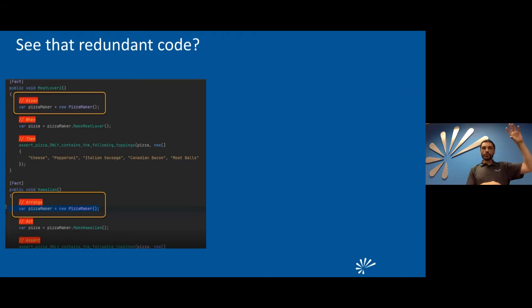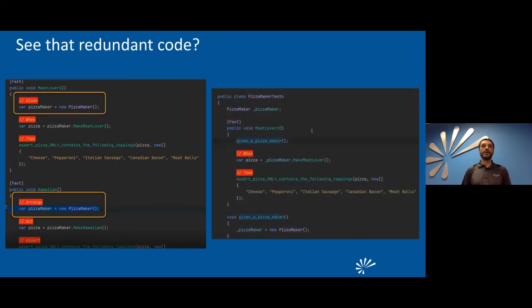So those 2 givens that we have in those 2 tests thus far, they are doing the same thing. They are instantiating the pizza maker class, right? So that's redundant. We try to remove redundancy from implementation code, and many times we drop the ball with our tests. Well, our tests are just code as well, so let's refactor it. So one step that I take is to extract that into a method, which I name given a whatever it is that I'm giving there, in this case, a pizza maker, right? So I extract that into a method.